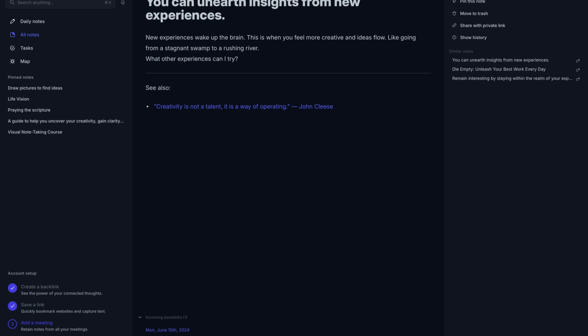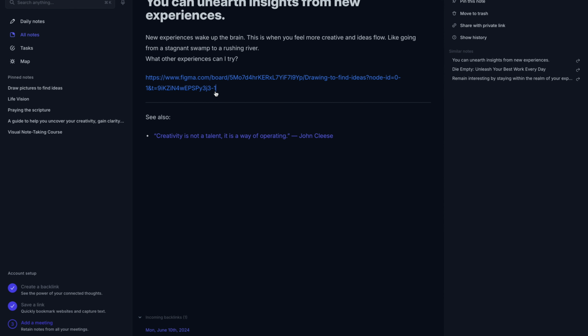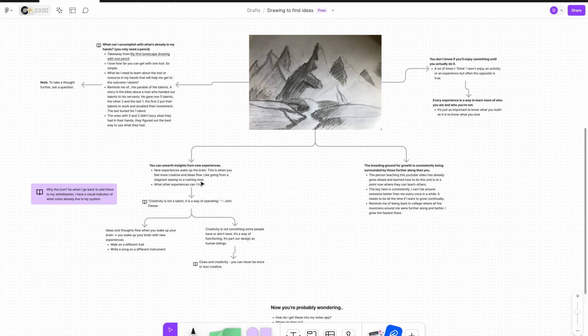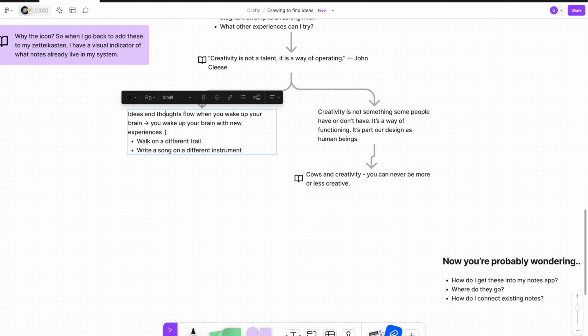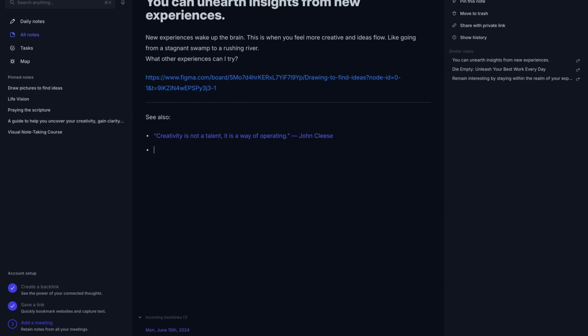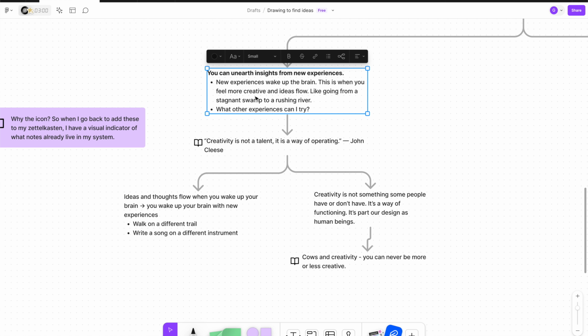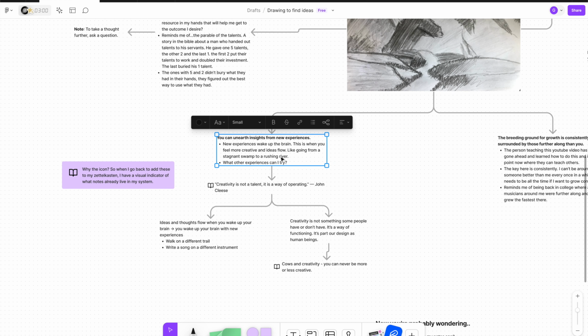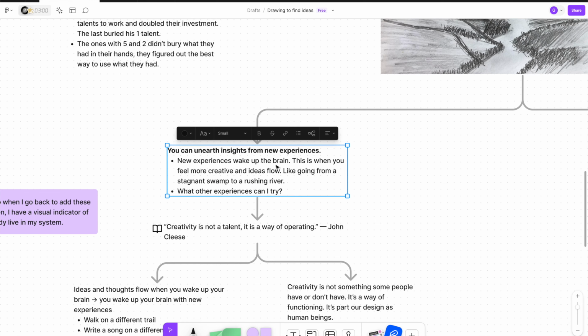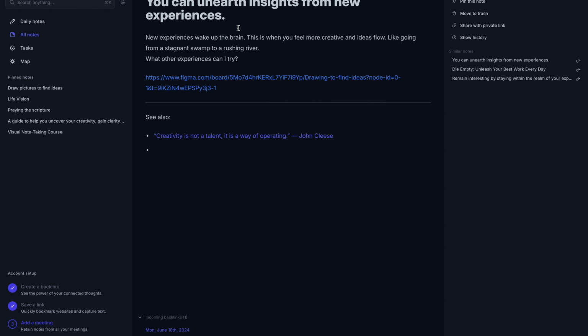So what I want to do is link this whiteboard to this note, and I'll do that for every note, right? And the other one that I wanted to add, this one here, I'm going to make this a new note inside of this note. And the reason is because it started with this. Okay. Which reminds me that I need to link to my original note here,